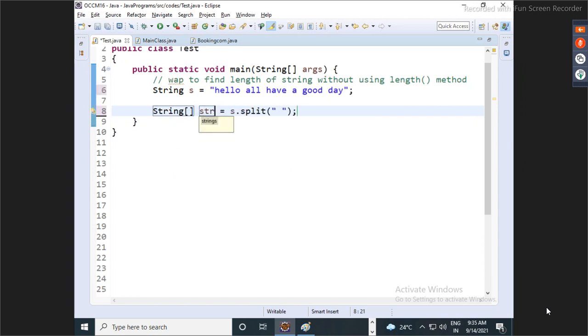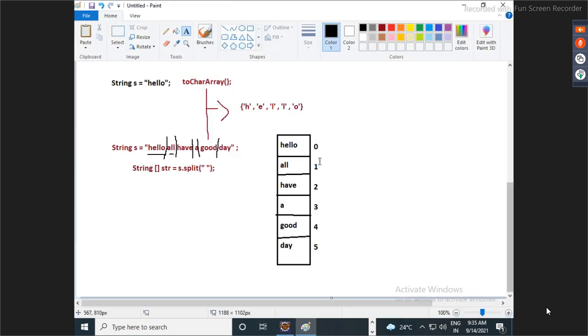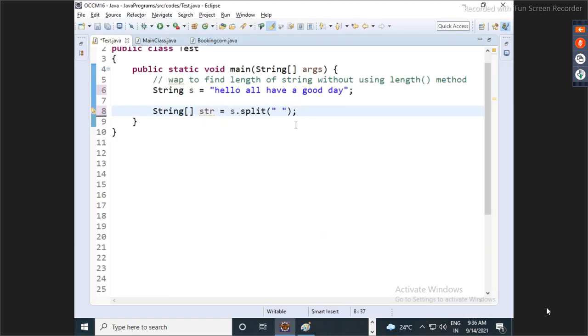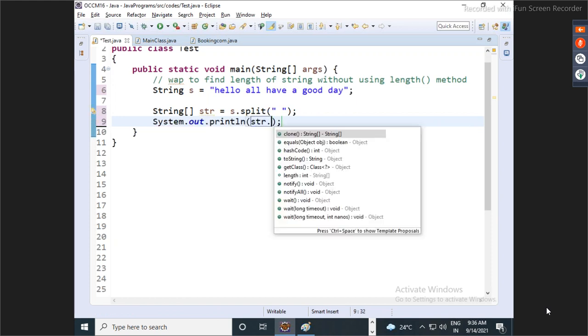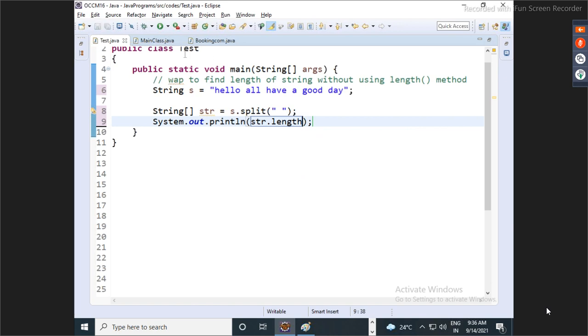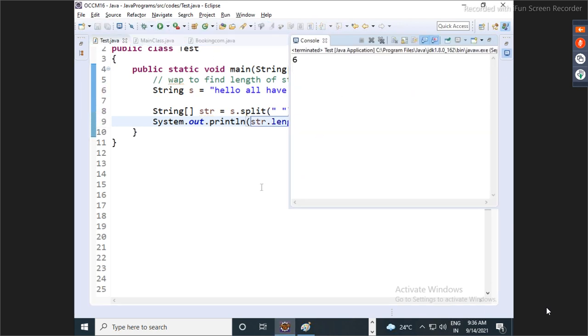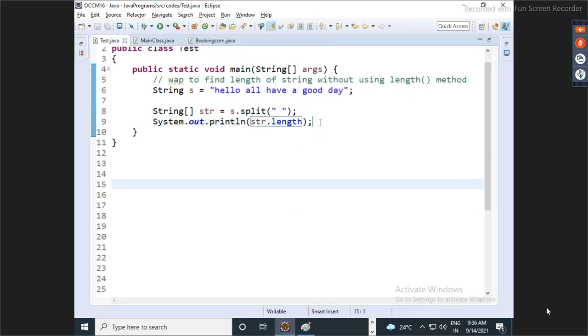String array, let's say str. Now you tell me what will be the length of this array? 6. So let's cross check. Here str dot length. Are you getting 6? So 6 words are there.